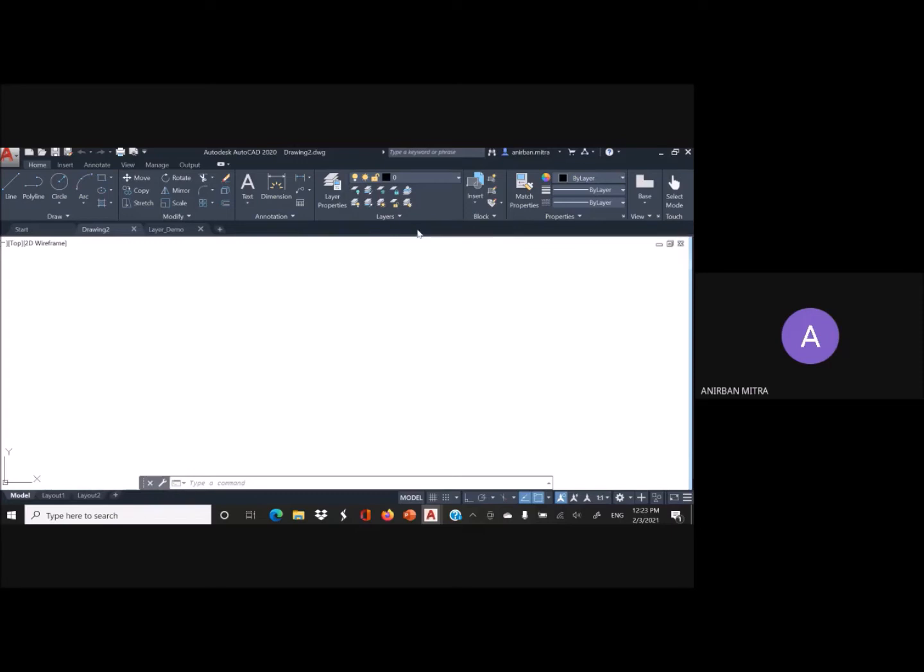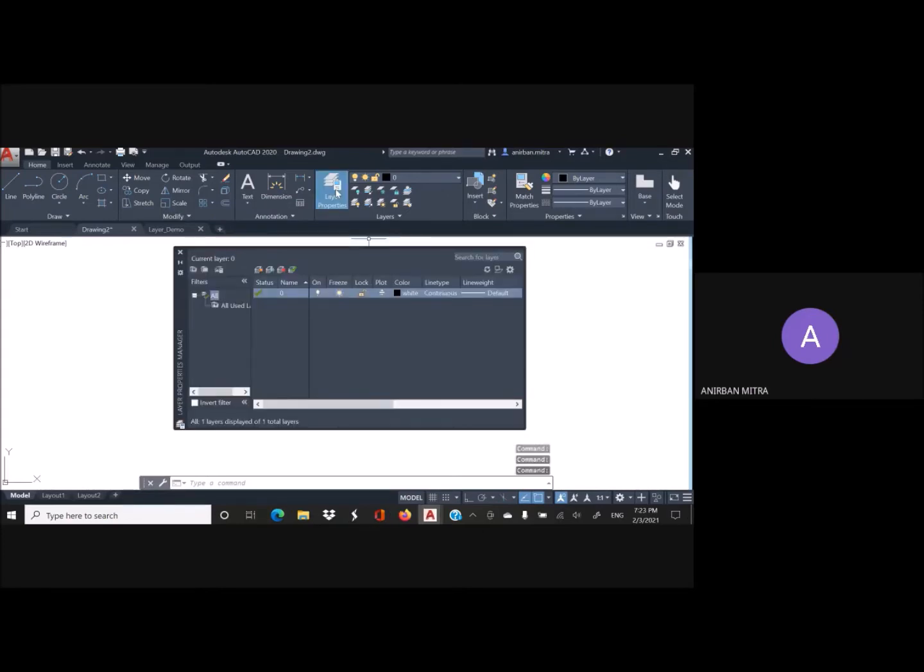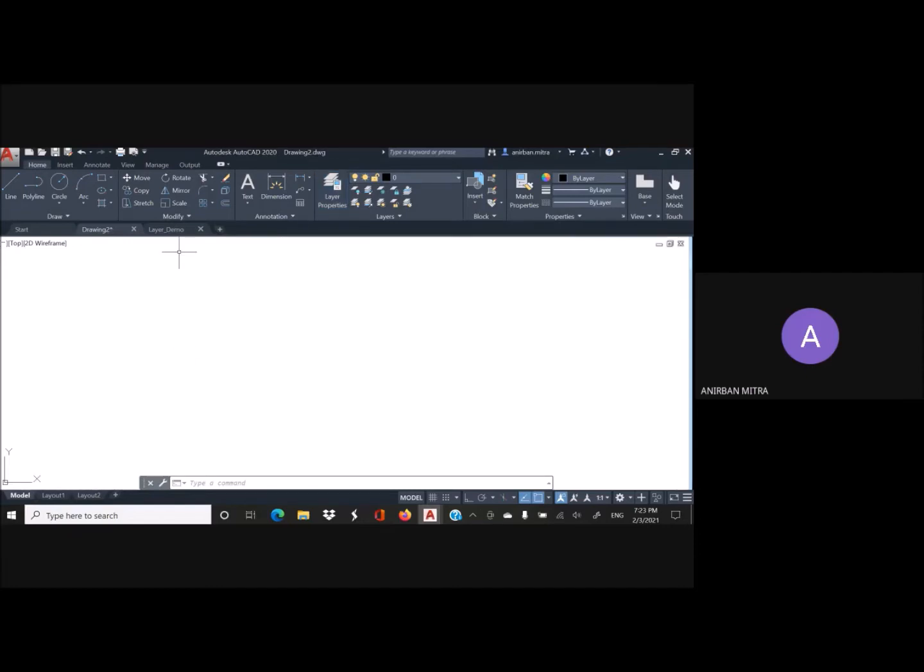Now let us look at the Layer Properties Manager window. How can it be accessed? We can go over to the layer properties button and click here. And the window that pops up is the Layer Properties Manager window. Now here I should mention that this window can also be opened from the command prompt by writing the appropriate command.